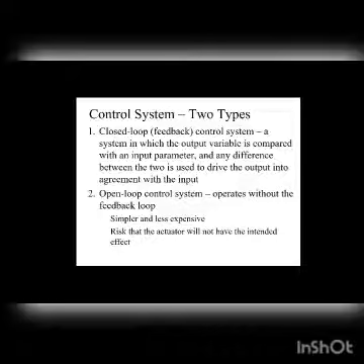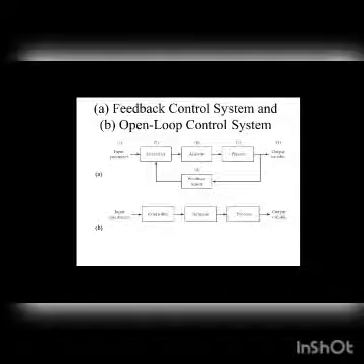In simpler cases, we can go for an open loop control system, but for a complex process, we always prefer closed loop control system. So, you can see the input parameter is there, the controller, actuator, the process, and the output variable is there. The output variable is sent back to the controller through a feedback sensor in a feedback control system or closed loop control system. Whereas in the open loop control system, you can see that there is no feedback loop. The input parameter is given, the controller sends the instructions, the actuator performs the process, and the output is seen. There is no feedback.